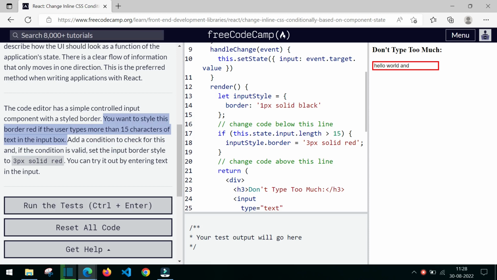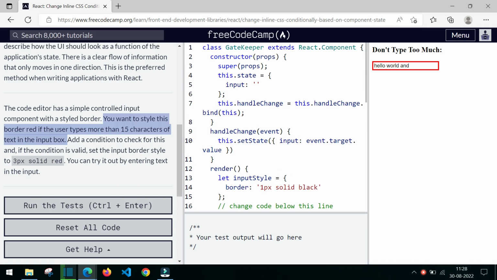So if the user types more than 15 characters, the border should be changed to red color. Okay, that is what we have to do here. So this is very simple. For example, initially we have set the state as input, an empty string. Okay, so initially the input is empty string, and what we will do here is